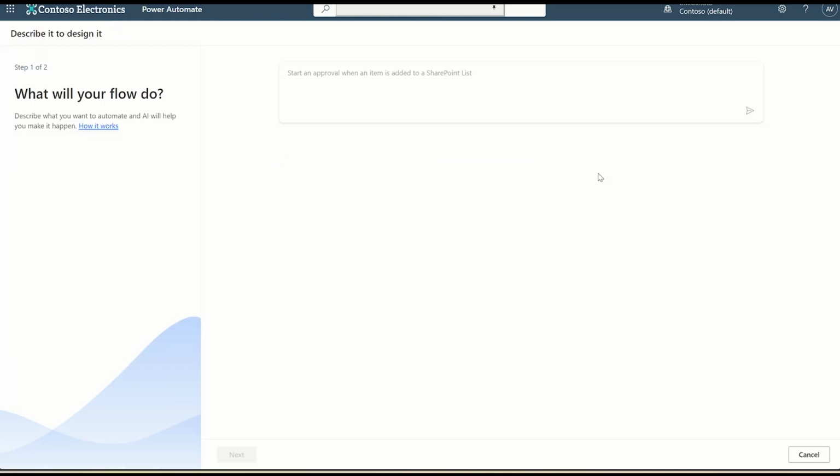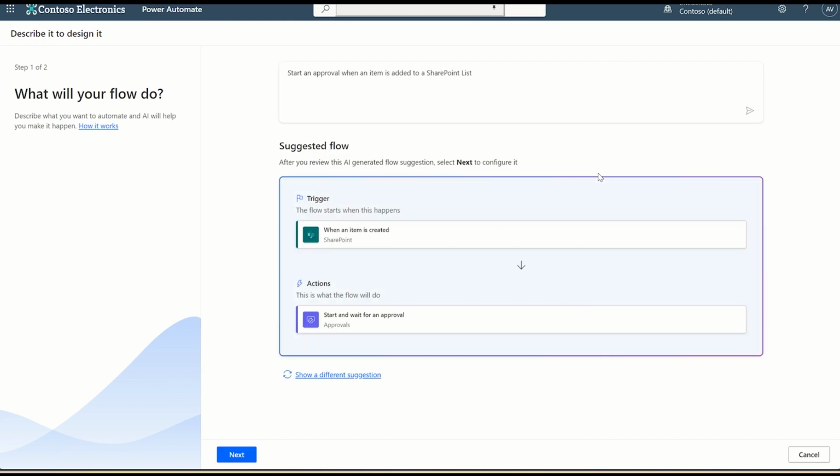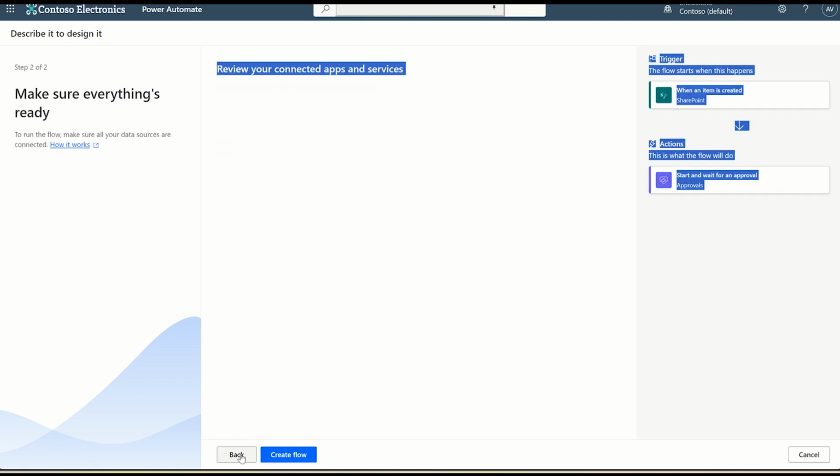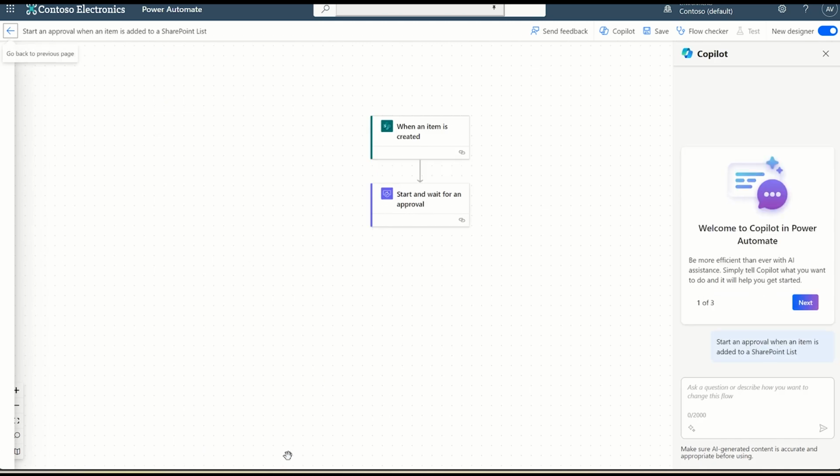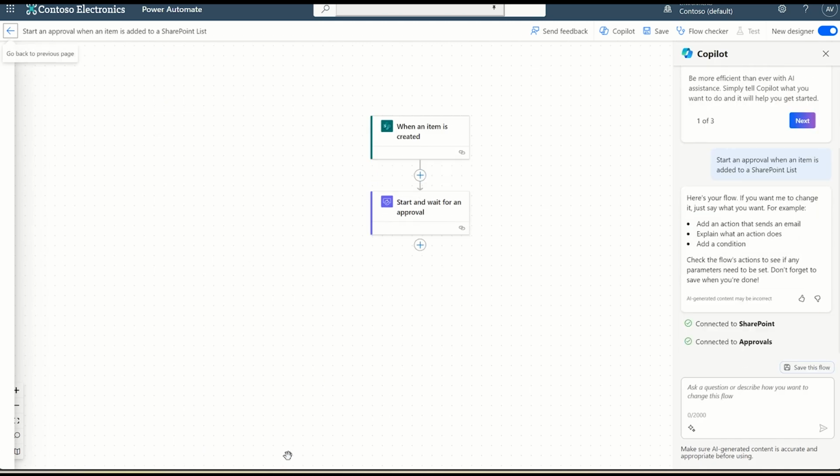I hit generate, and Copilot is actually building the flow for me. So I don't have to know anything about triggers and actions. You can see it just created a trigger for us for when an item is created in SharePoint, as well as an action for the approval. I can hit next, and it shows us that we're connected to SharePoint and the approvals app. And I hit create flow, and boom, just like that, we've got the flow created with the trigger